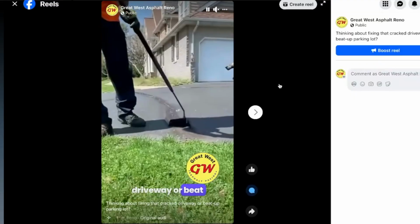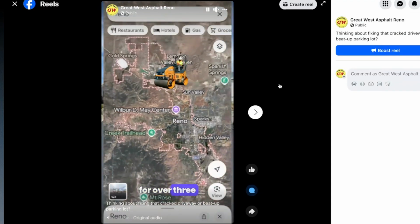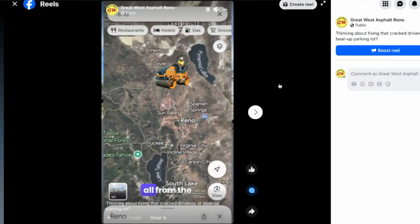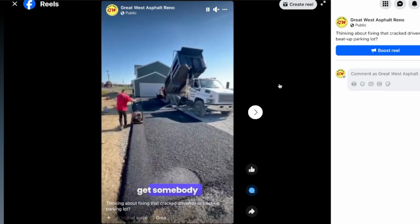What I'm doing with those ads, which are about 60 to 70 seconds long, is explaining to customers in that area, which is Reno and the Reno area, some of the things they need to look for in their driveway if they're thinking about getting it repaired or replaced, resurfaced, overlays, that sort of thing, and trying to capture people that in the back of their mind are thinking about